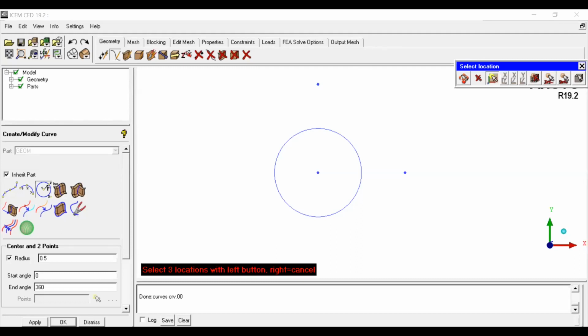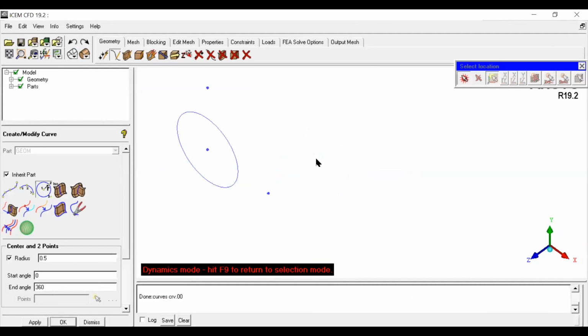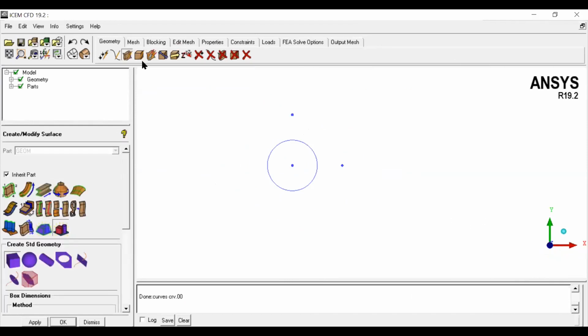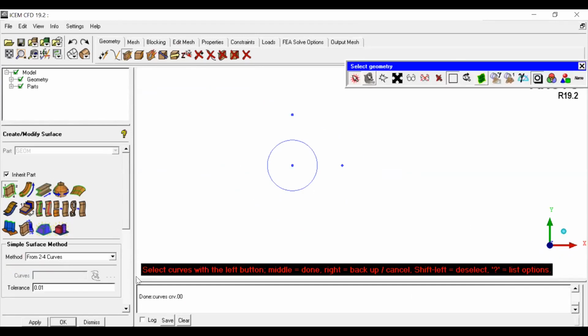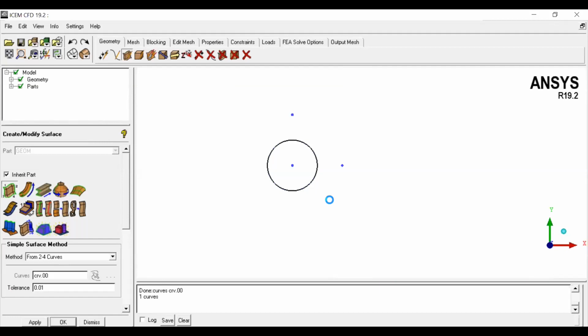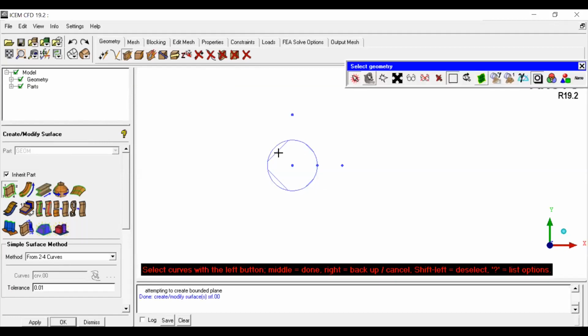Explain generation of surface. Since we already have one circle, I'll go to create or modify surface. I just want to create a circle surface. Go to simple surface. It will ask you to select a curve. This is my curve. Select the middle button, and you can see the surface is generated.